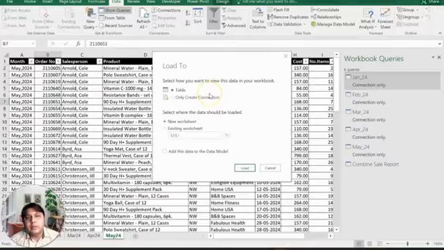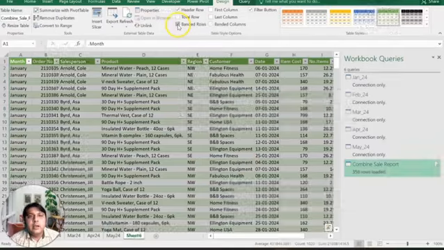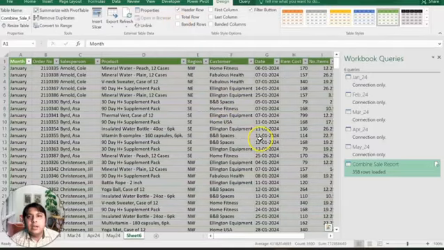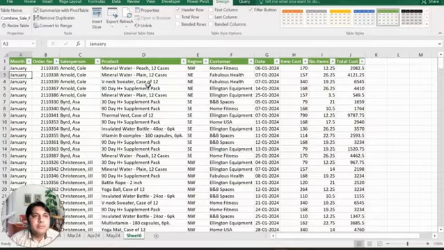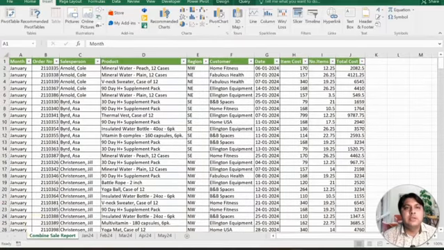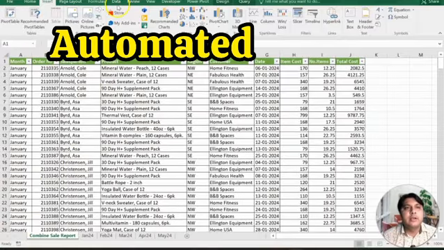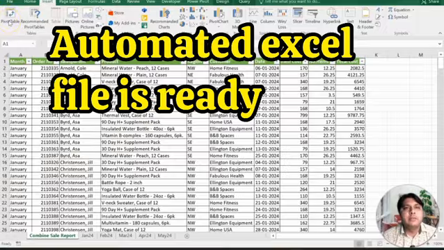So click on the Table button, Load To, and load all the worksheet data within a few minutes into one worksheet. This is the magic. This is the automatic worksheet. So guys, once you have created the automated Excel file, you can now create a pivot table to analyze the